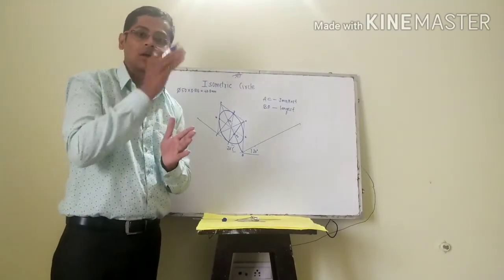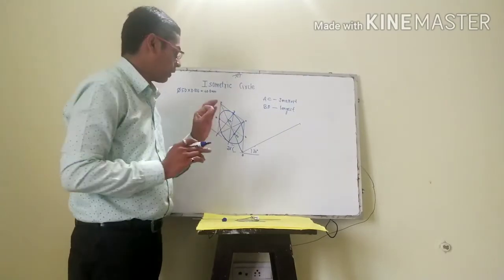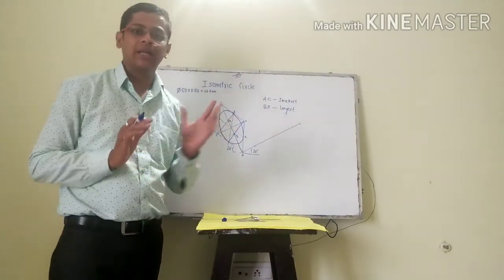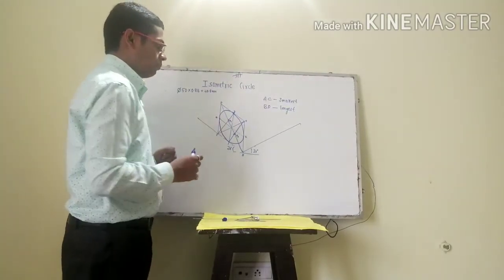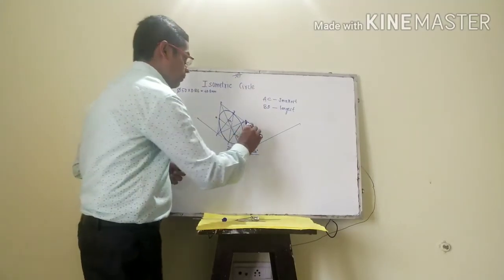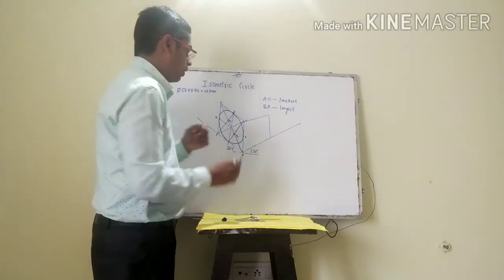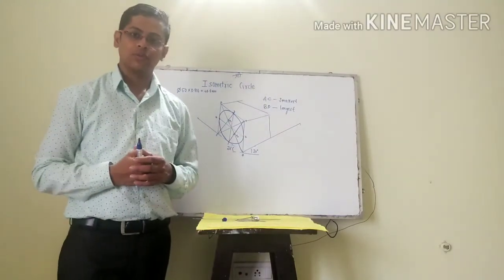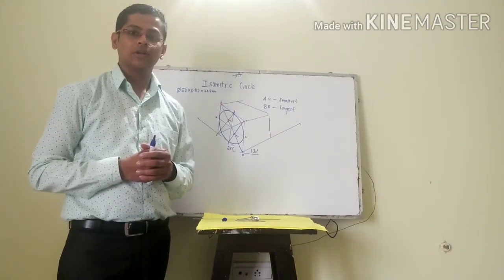Only the circle should be dark, remaining all should be light. Whatever you require, only the circle here, keep only that much, and the remaining you can rub. So this is an isometric circle. Similarly, you can construct it on this face also, and on the top face also. So you can try these two circles. Hope you have understood the diagram.